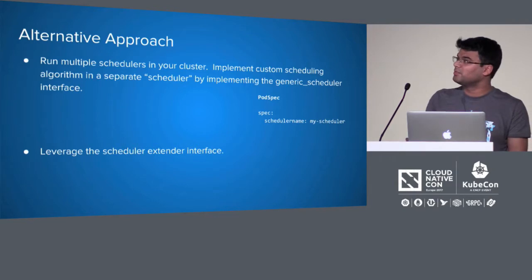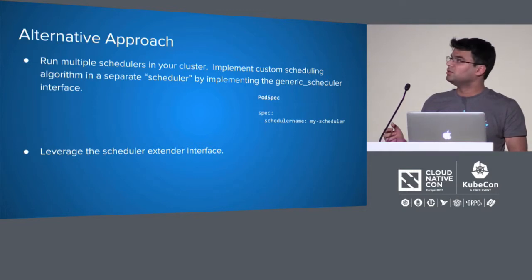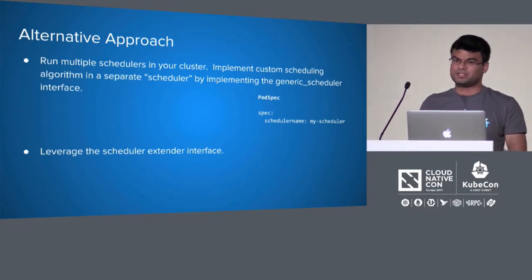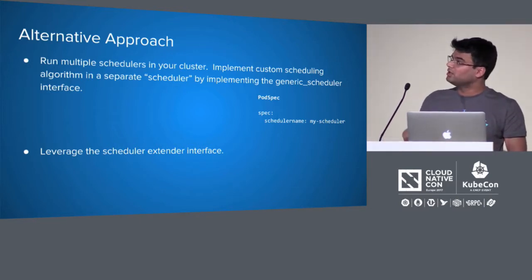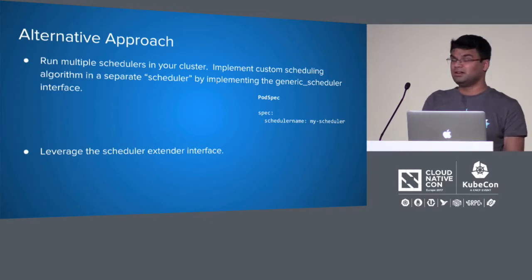So now there could be multiple approaches in which you can do this. I guess there was another talk on data-aware scheduling where they implemented their own scheduler. So you can also go ahead with implementing your own scheduler completely outside. What that would entail is you're not touching the default scheduler in any way. You deploy your own scheduler, and whenever you're deploying a pod, in the pod spec you can specify the scheduler name. So that's one way in which you can specify a custom scheduler,